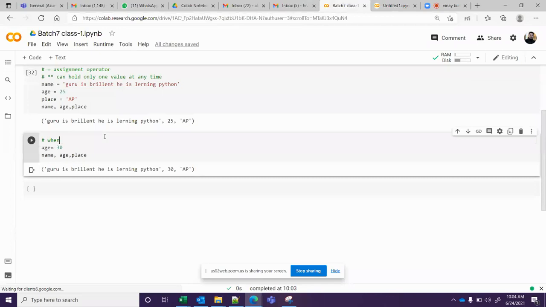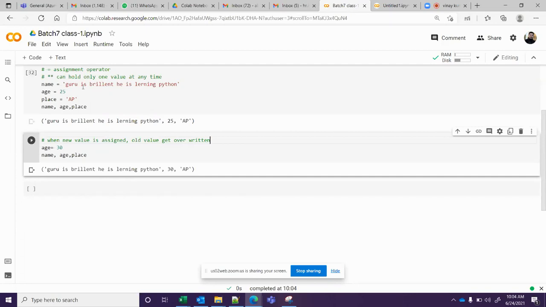Whenever a new value is assigned, the old value gets overwritten. Overwritten means it erases the old value and the new value is given.